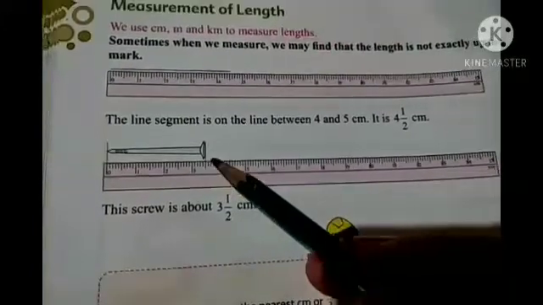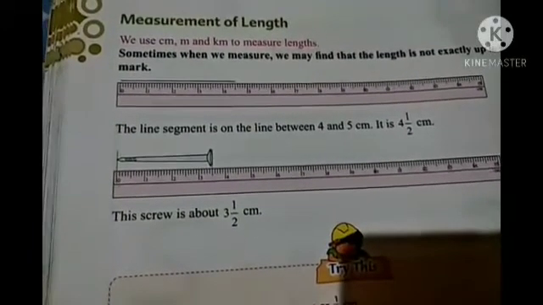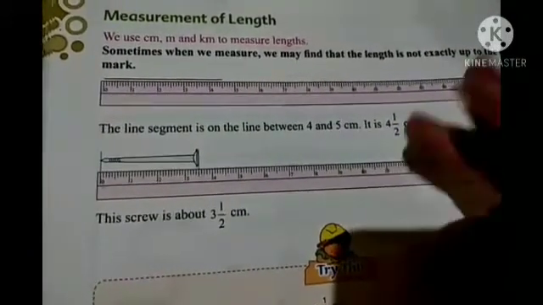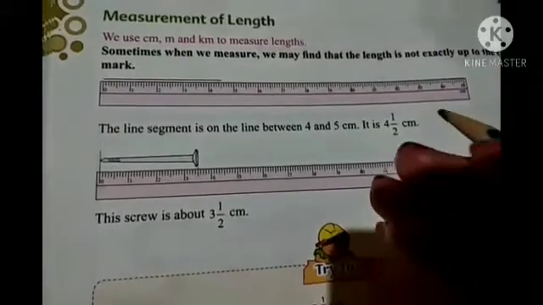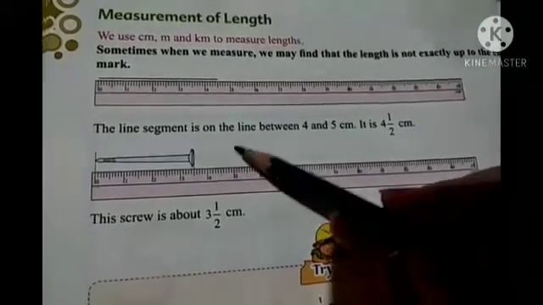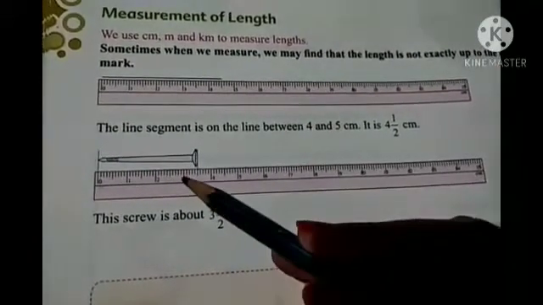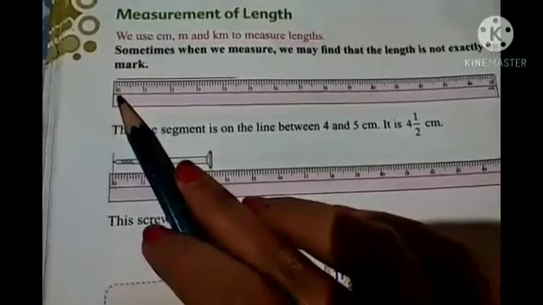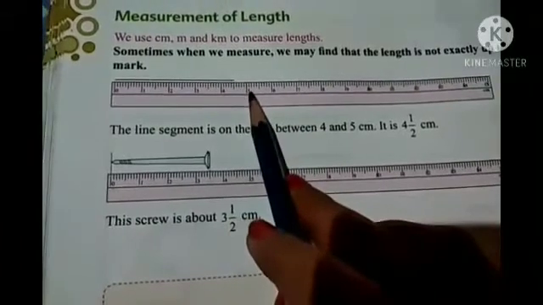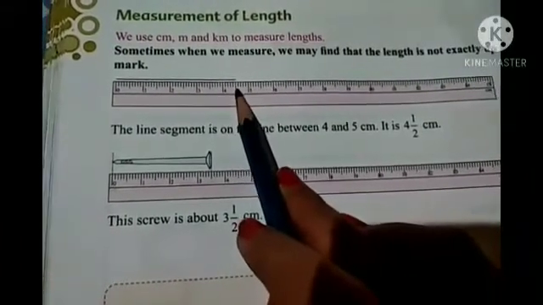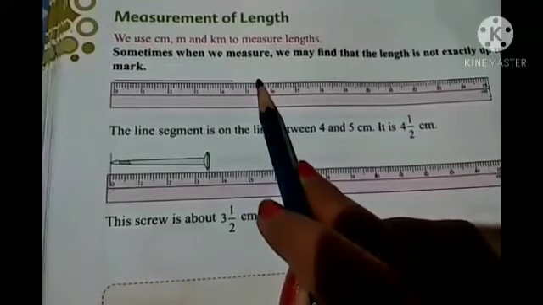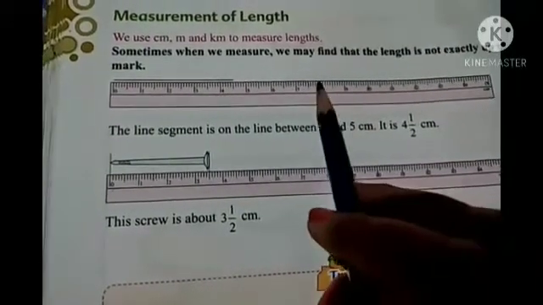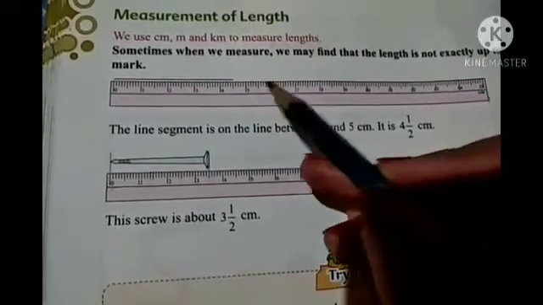If the line is between two numbers, then we have to say the number and a half. Here it is between 3 and 4, so that means 3.5. Here this line you see from 0 to 4 and between 5, so that's why it will be 4.5. If it could be up to this much, then it could be 5.5. Here 6.5. That means 6.5. Here 5.5.